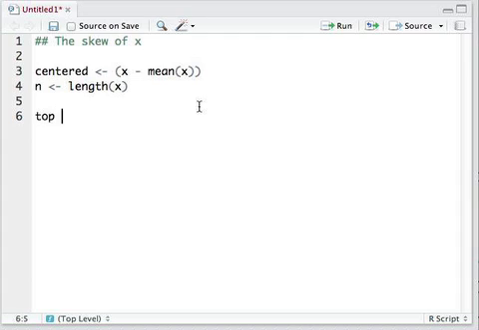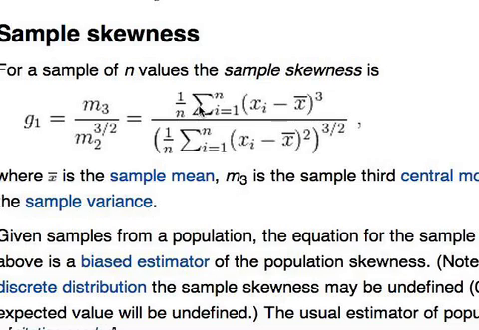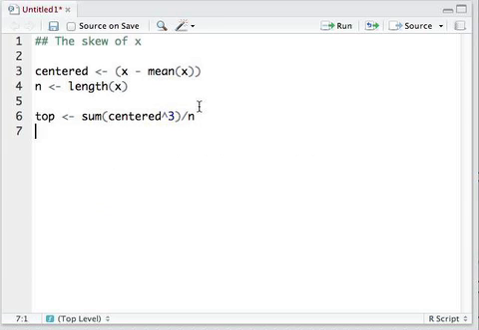And we'll say top is equal to, what do we have to do? We have to sum centered cubed over n. Let's just check. Sum of the centered cubed over n. Okay? And the bottom